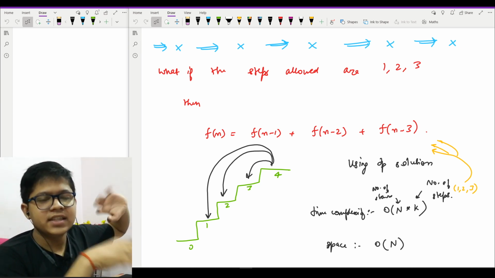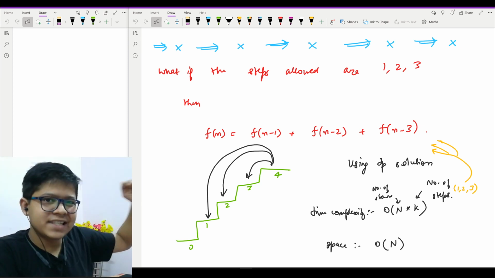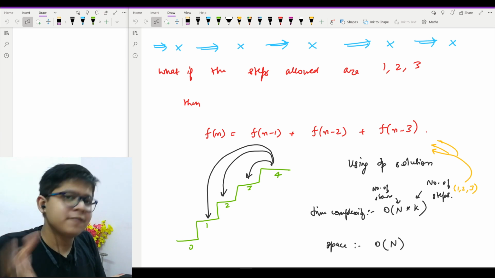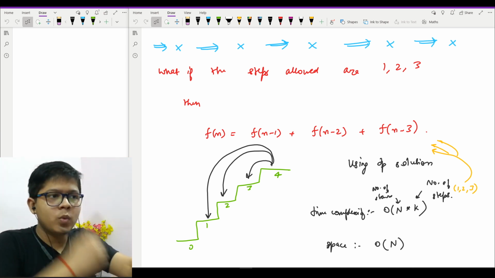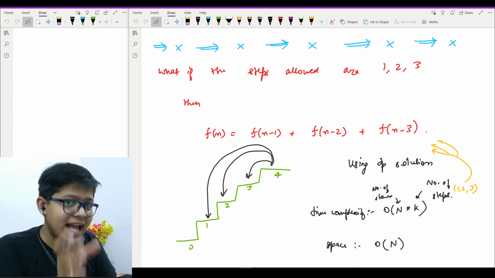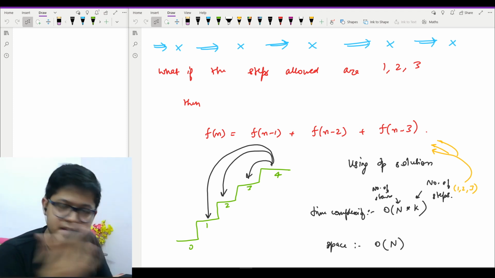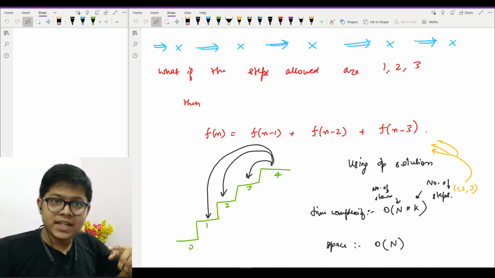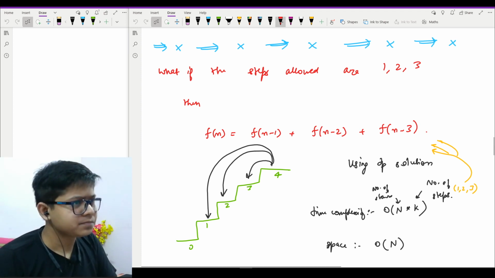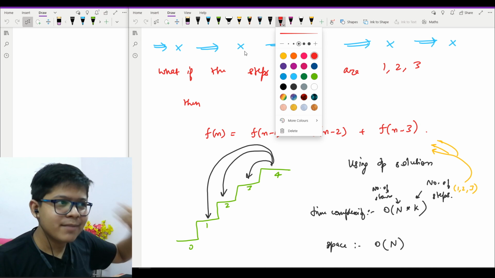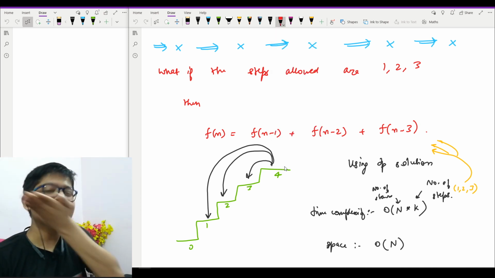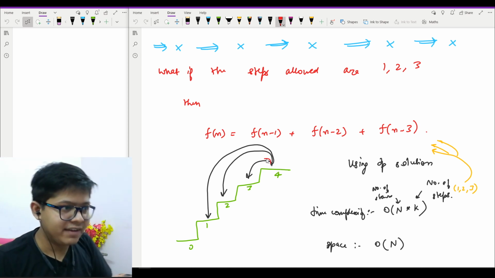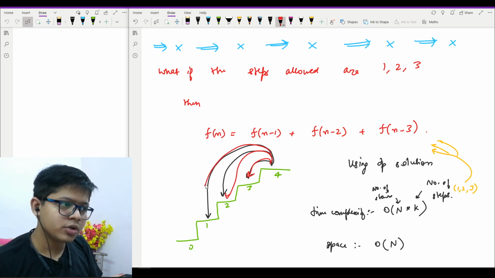In the last video we saw the case of one step and two steps. Now we will see k continuous steps, which means, for example, if my k is 3, then I am taking the steps as 1, 2, 3. That means I can have a jump of 1, 2 or 3. Same as the result in the last video, f of n minus 1 plus f of n minus 2, I will obtain the same here. I imagine that I am moving from the top to the bottom, from the nth stair to the ground. Then I can have a jump of 1, 2 or 3, right?